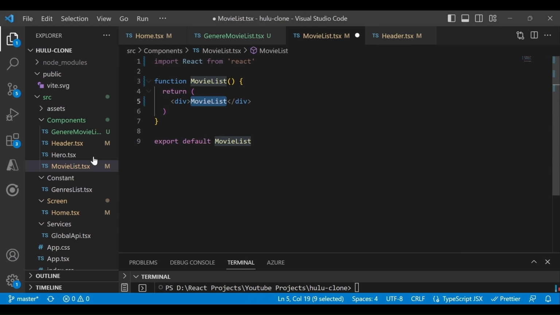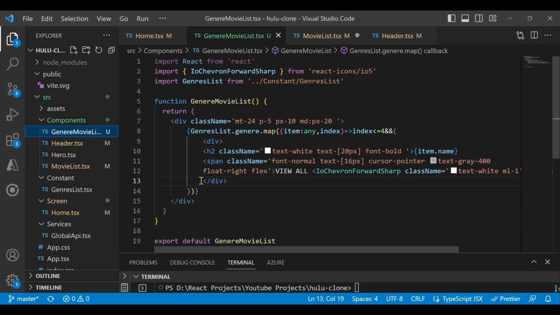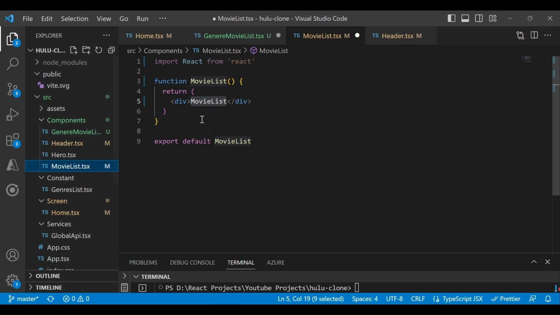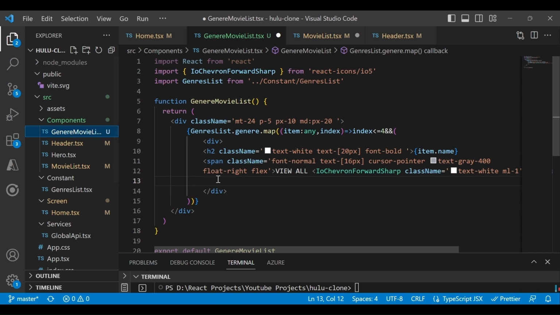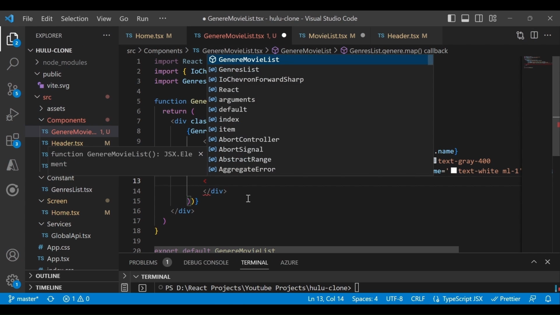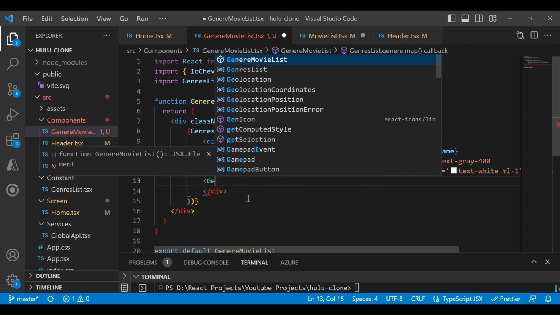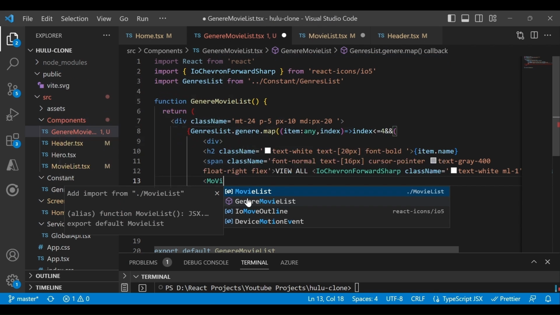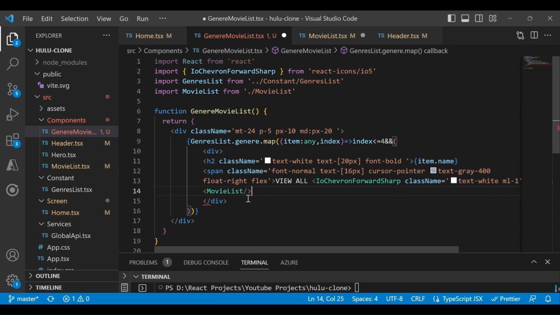And we have to add it here, because in movie list we will actually pass the genre id into this component, and from that we can fetch the list of movies. So let's go back here and add it. It's movie list, and the only thing you have to do is pass the genre id.